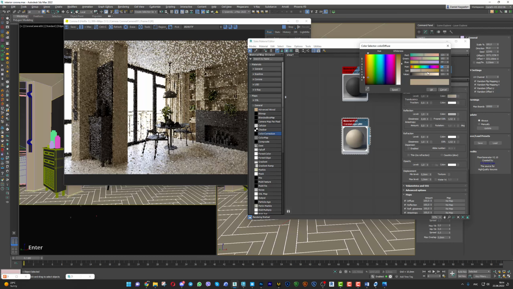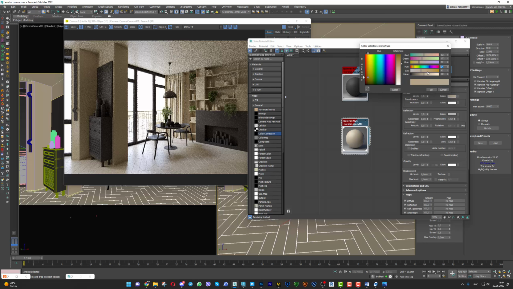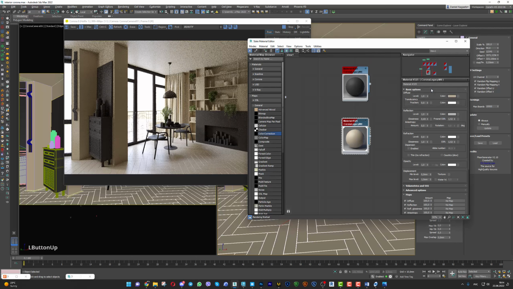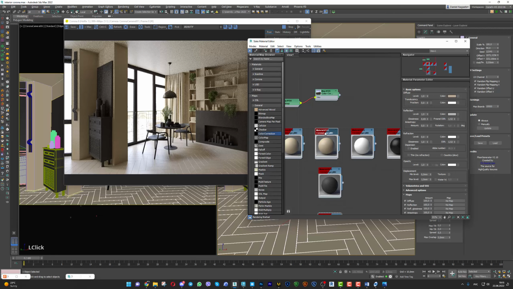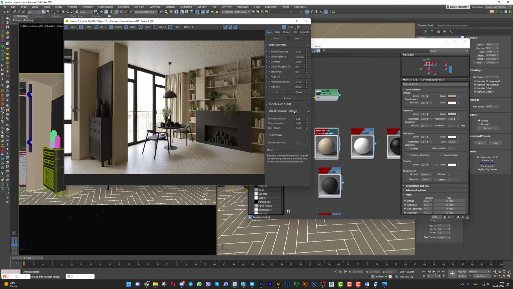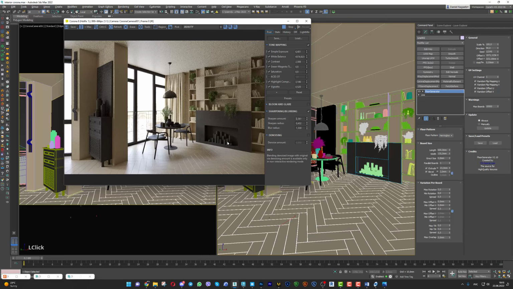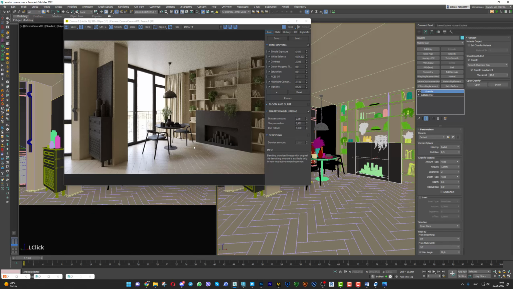Yeah, that should be like here. That is good, I think. Okay, that looks good. I will do the same with these candles, because I would like to